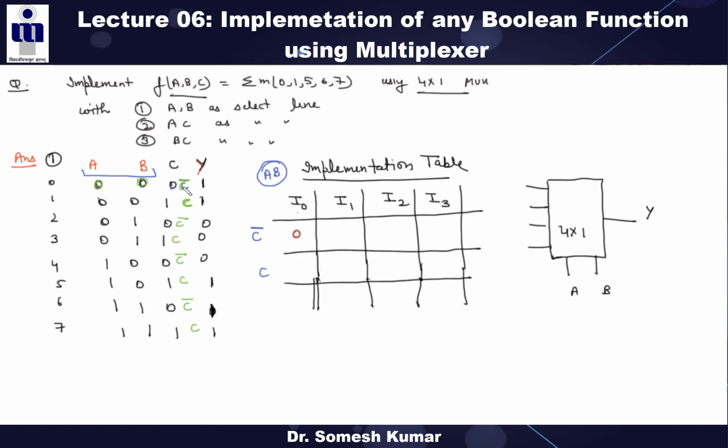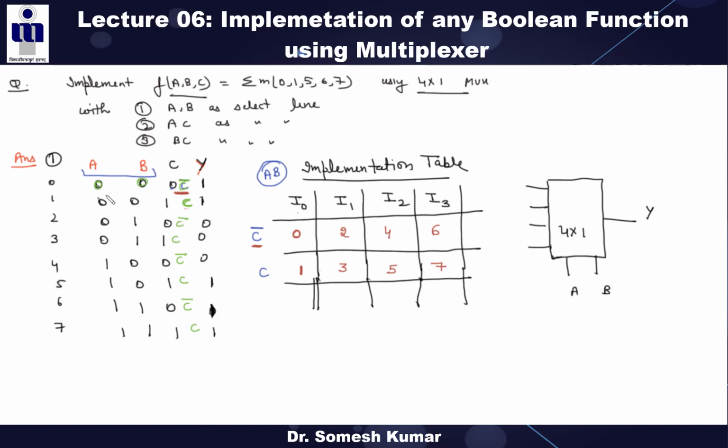Here, at the 0th position, what is this? C bar, right? So that's why this is C bar. Now I am writing this 1. Can I write this 1 here for the numbering? No, right? Because at the 1, this is your C. So this is 1, this is now 2, this is 3, this is 4, this is 5, this is 6, this is 7. Any doubt till now? This is the way for the numbering.